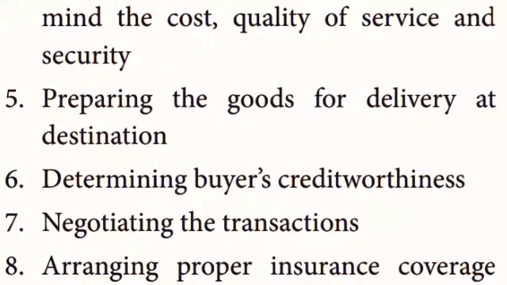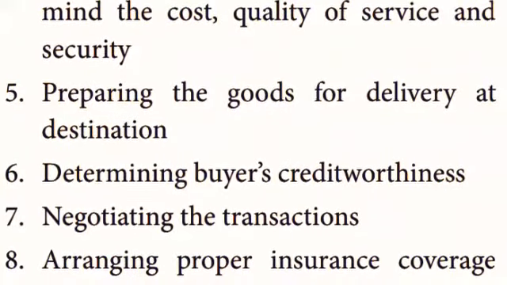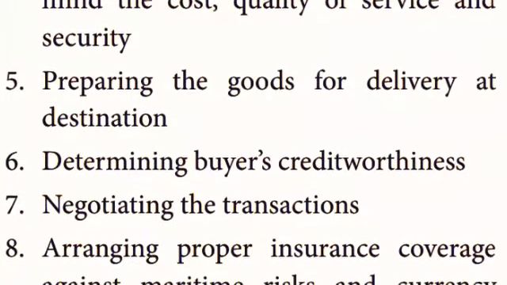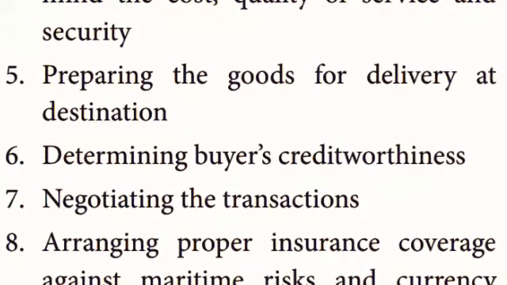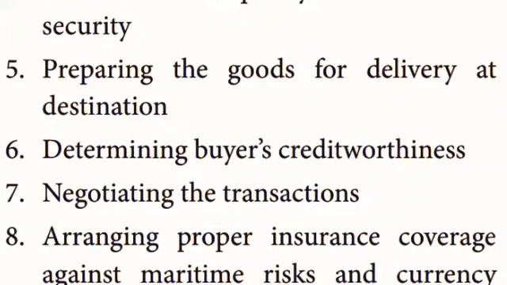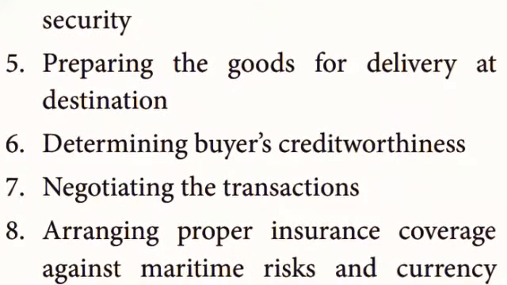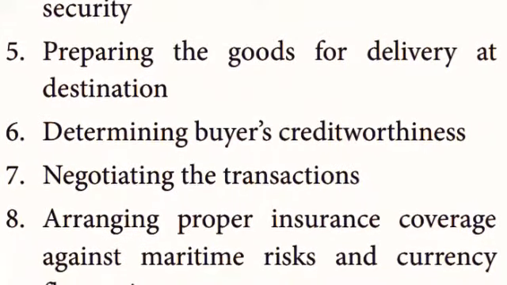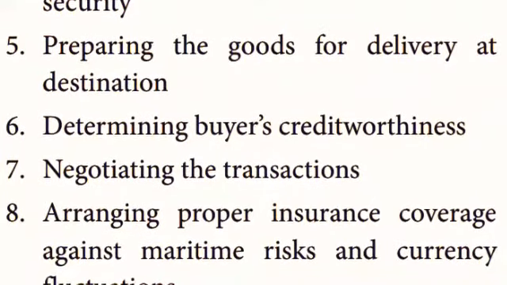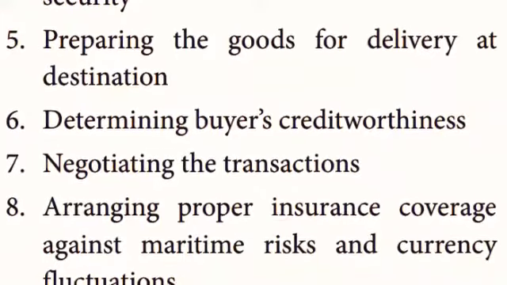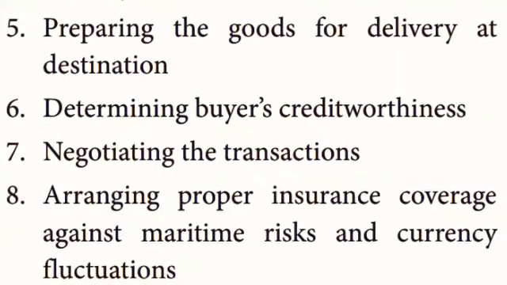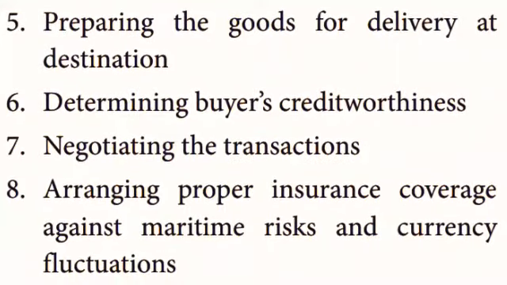First one is identifying the potential market. So we have to see through that market, how to sell the products in a very popular means. You have to select the popular market. Second one is finding the buyers and the other agents. Who is the buyer? Who is the agent for that particular product? Third one is establishing the product specification in the light of the market needs. So, where it is more wanted, only there they have to distribute the products.